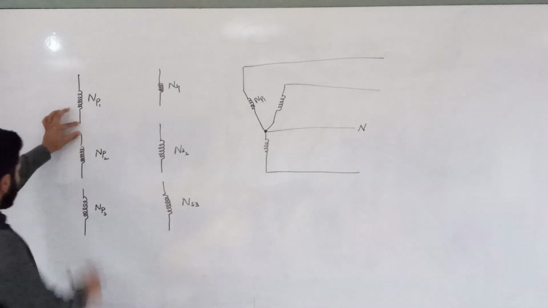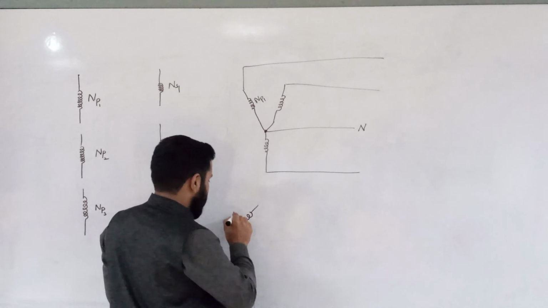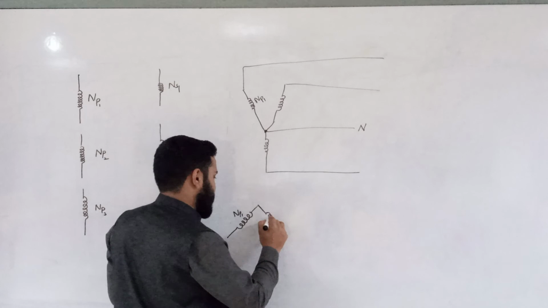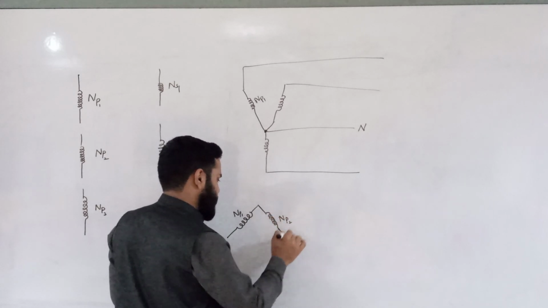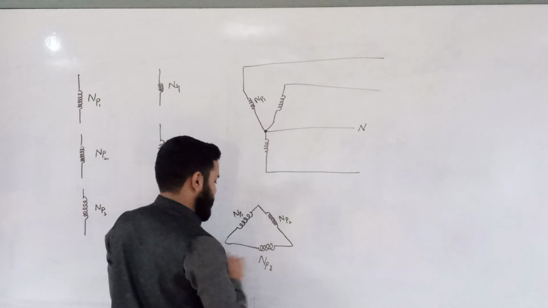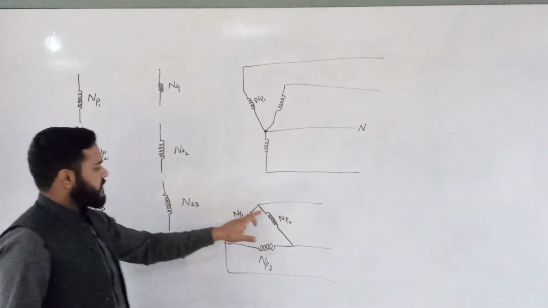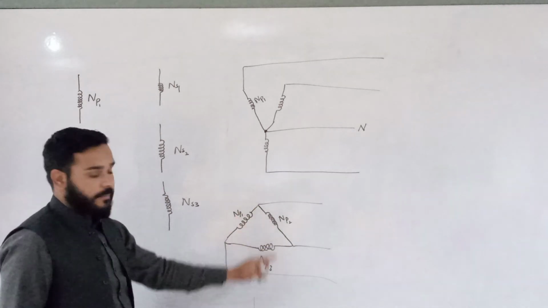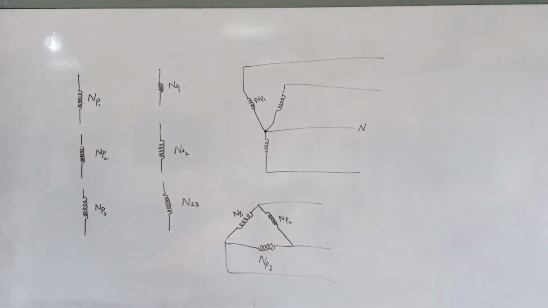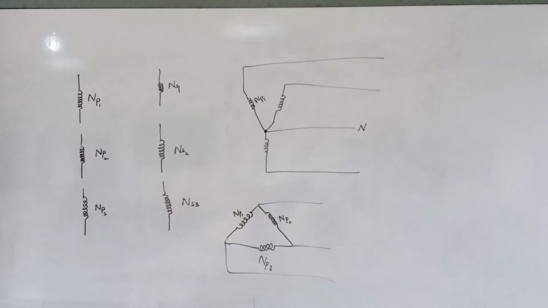कि बजाय इसके कि इन तीन टर्मिनल्स को एक पॉइंट पे कनेक्ट करने का, आप क्या करें, दिस इज NP1, इसको कनेक्ट करें NP2 के साथ, इसको कनेक्ट करें NP3 के साथ, 1 2 3। यानी NP1 के एक एंड के साथ NP2 कनेक्ट करें, NP2 को इस तरह अगर आप लगाएं तो ये डेल्टा कनेक्शन बन जाता है, ठीक है। तो अगर आप प्राइमरी को डेल्टा कनेक्ट करते हैं, सेकेंडरी को भी डेल्टा कनेक्ट करते हैं, तो ये डेल्टा डेल्टा कनेक्शन हो गया, ठीक है। और अगर आप प्राइमरी को वाई कनेक्ट करते हैं, सेकेंडरी को डेल्टा, तो वाई डेल्टा, इसी तरह डेल्टा वाई एंड वाई वाई, ठीक है।